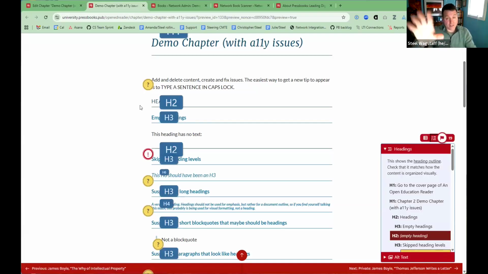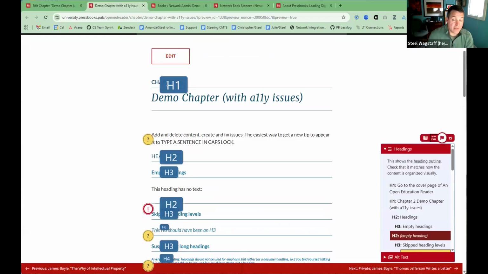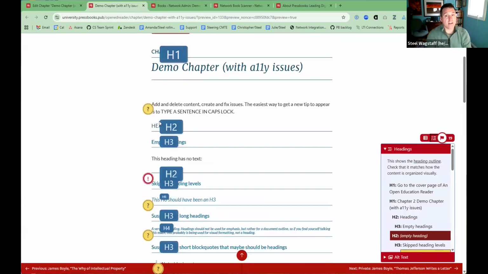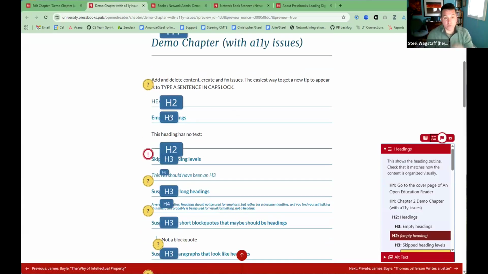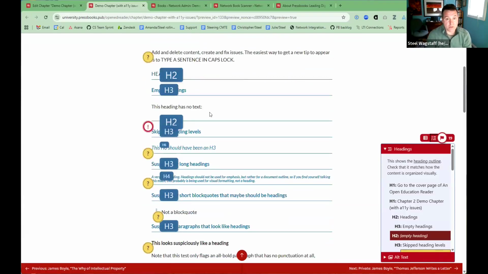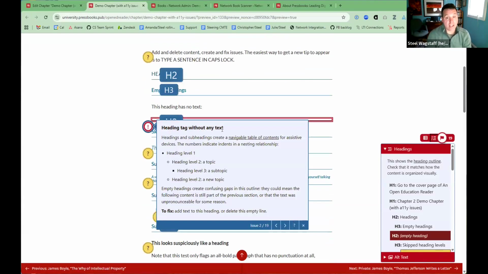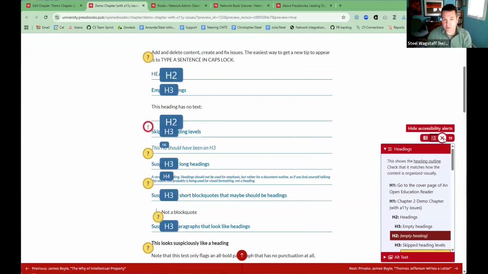When I click that button, what you can see is a little overlay that will just give you at a glance the visual structure of all of the headings on your page. This element appears in H1. Great. This is an H2. Great. This one below it, H3, that seems to make sense. H2, but there's no text. Ah, that's my problem. H3 has text. Let me actually turn these alerts off so I can see the headings. So then I jump all the way to an H6. Right away, just visually, I can see I skipped a heading level. This should have been an H3 or maybe an H4, and this one is empty.